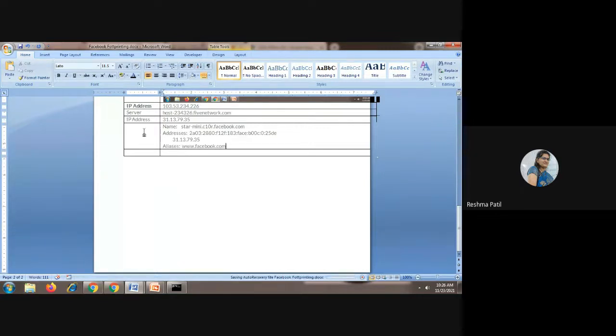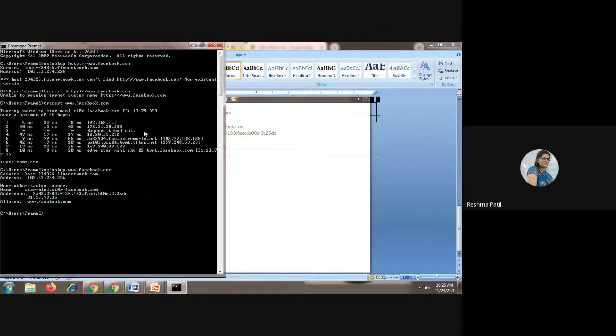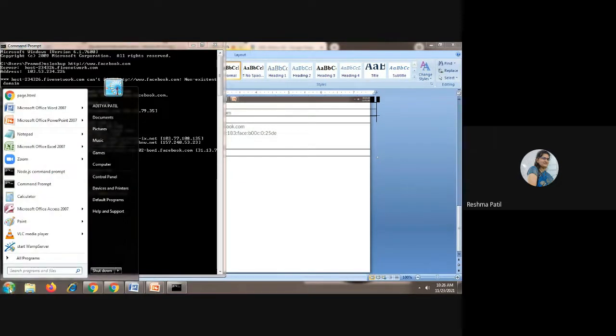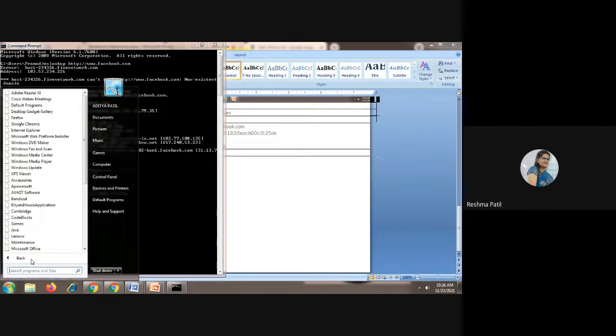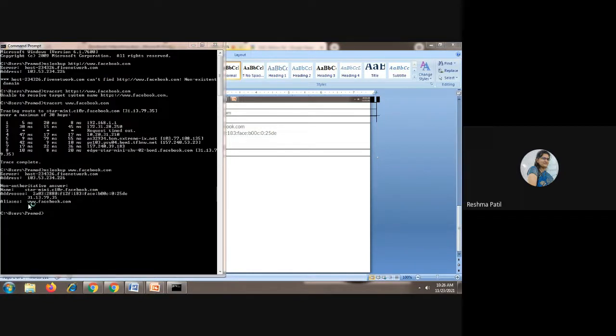This information you will also get from this command. The nmap command is there. If you install VMware, then you will get this nmap command. You apply it in the hacker machine.